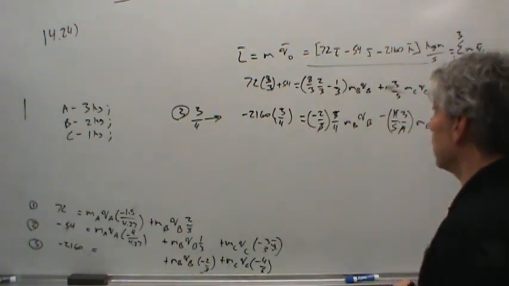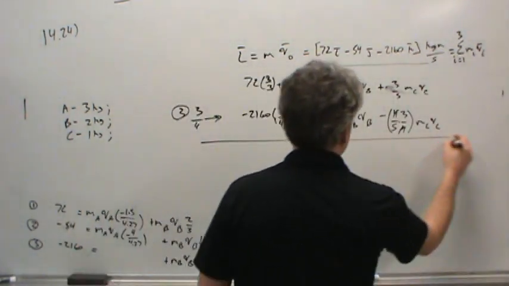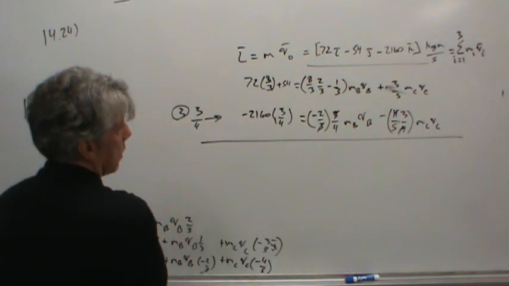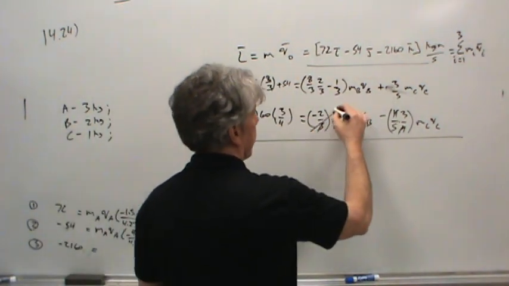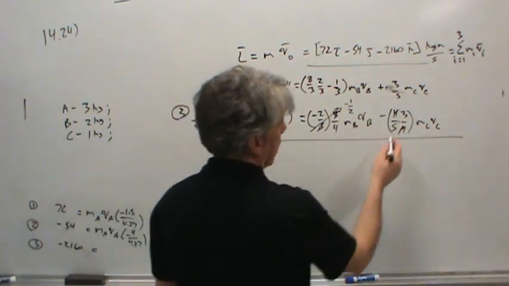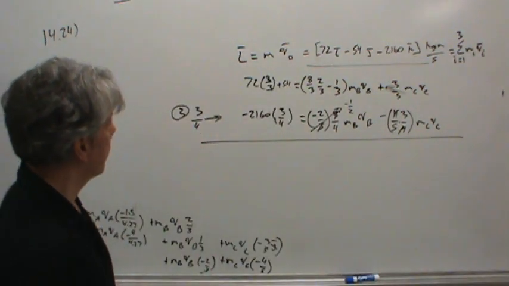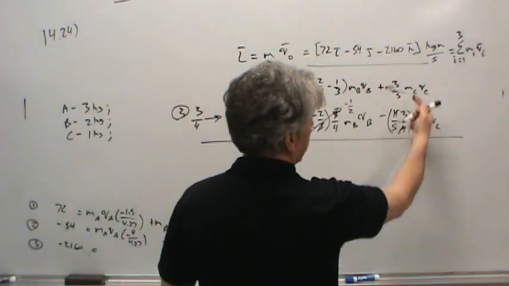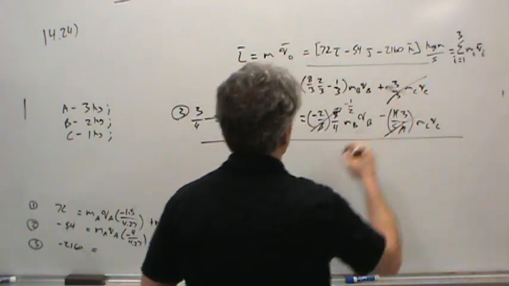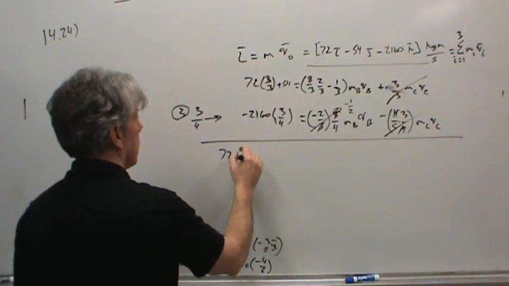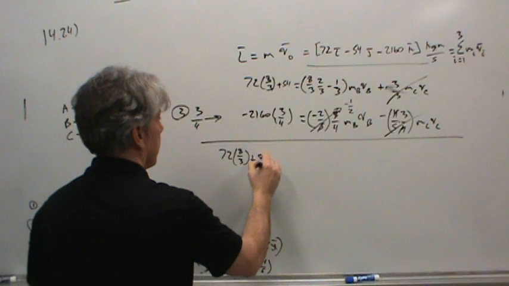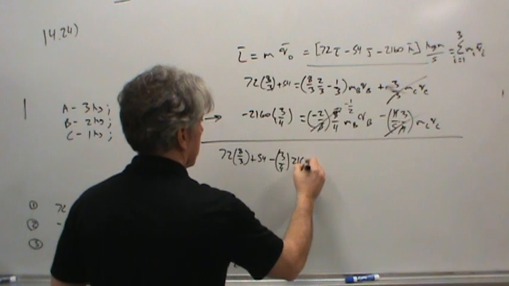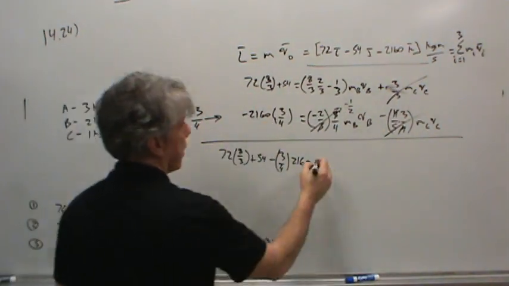Now I can easily just cancel the 4. The 3's cancel nicely. And I'm going to add these together, right? But before I add them together, maybe I should simplify things a little further. Maybe I should note that this is the same thing as negative 1/2. And that's just negative 3/5. Okay? So if we add these two together, then what will happen is these two will cancel, because this one's positive, that one's negative, so those are gone. And so now we have 72 times 8/3 plus 54 minus 3/4 of 2160, that's all the left-hand side added together, equals